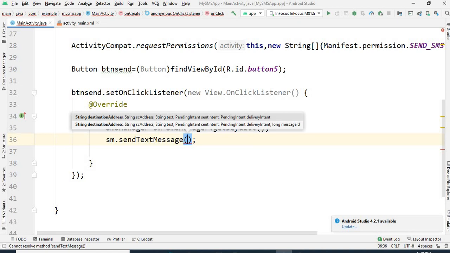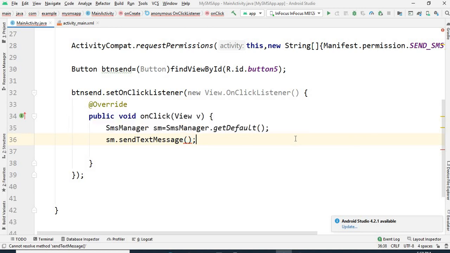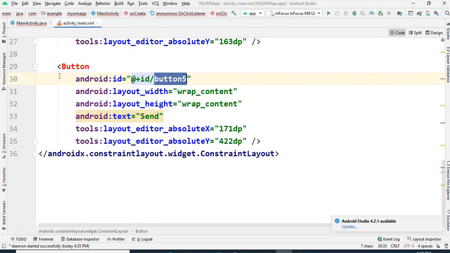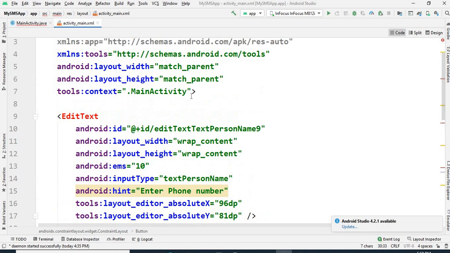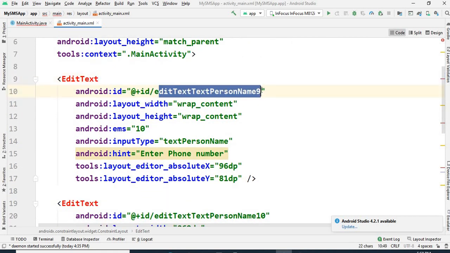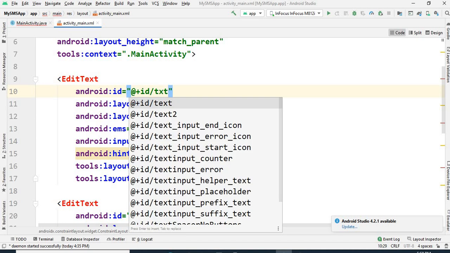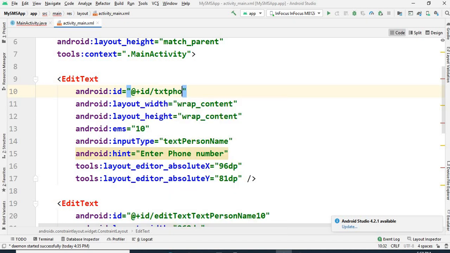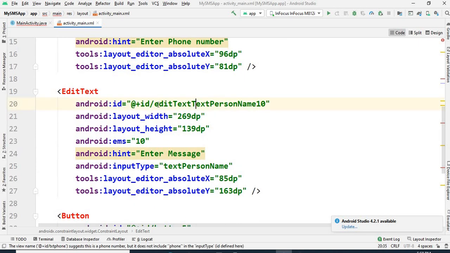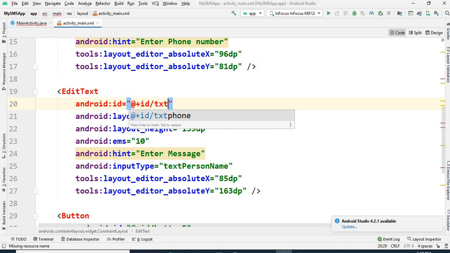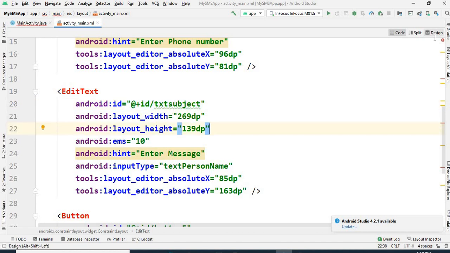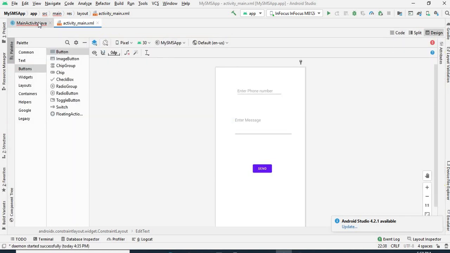First you have to pass the phone number, and also we have to pass the text which you want to send. So this text will be present in my text box, which is present in my design view, and these are the id properties of my EditText. Okay, let me change the id properties. Suppose here I set txtPhone, and for the second EditText, txtSubject I said. You can give any name here. After that I will go into the main activity.